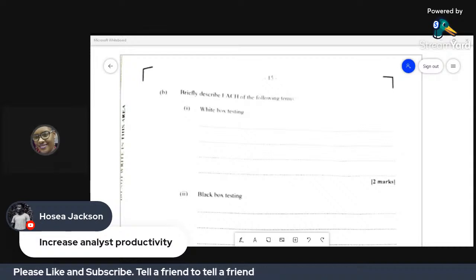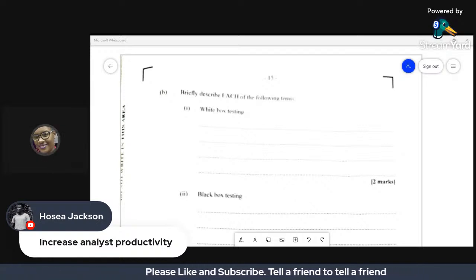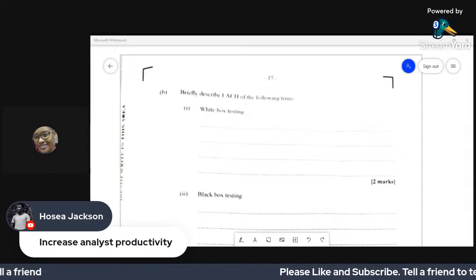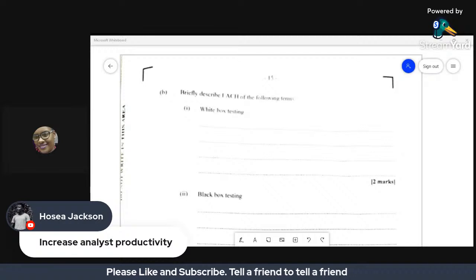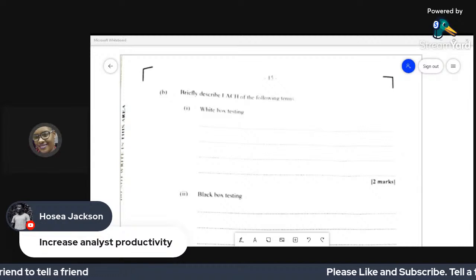So in your mind, when you're creating your test data, you don't know the behavior, you don't know how it is that the code itself will respond to this particular set of data. And a test case is where it is that you're going to incorporate that of the white box and that of the black box.